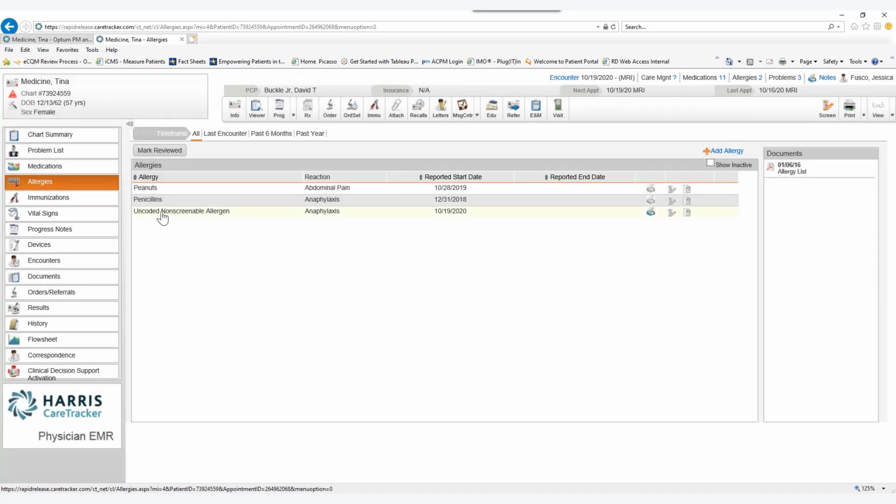So you can see, because I said not in the system, it's now an uncoded, non-screenable allergen. So you can still document stuff that you don't find in the system. It's just going to be uncoded. And you'll also notice that this little printer is highlighted in blue, and that's just showing me what that is